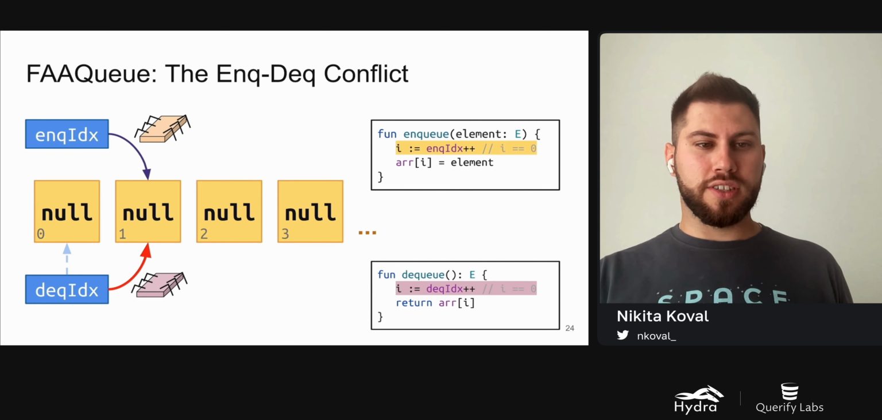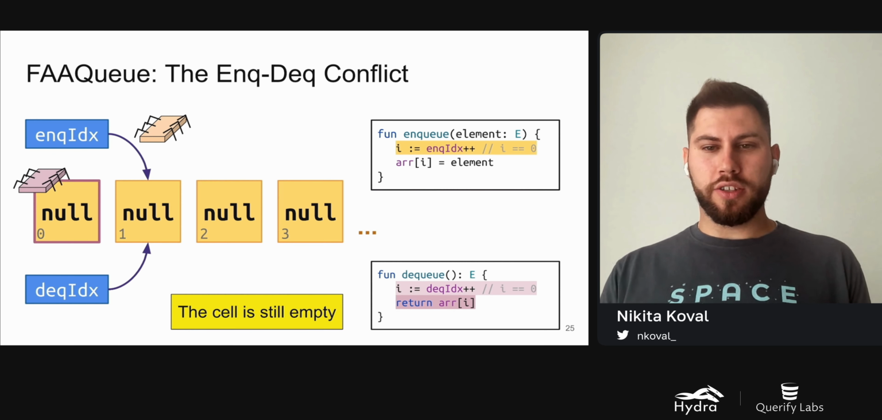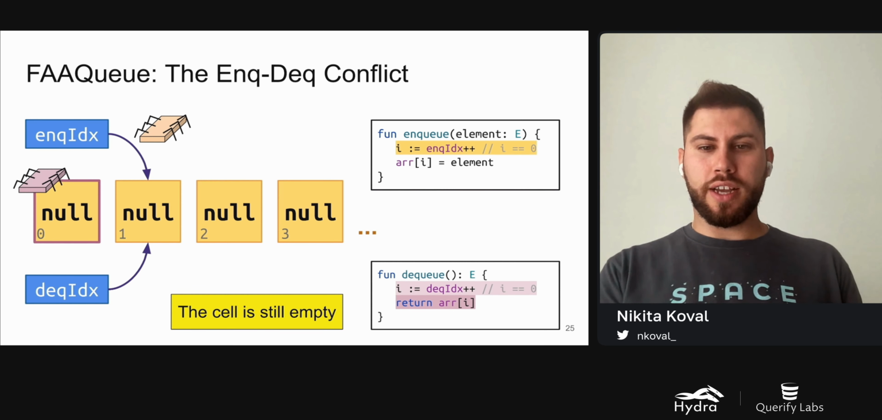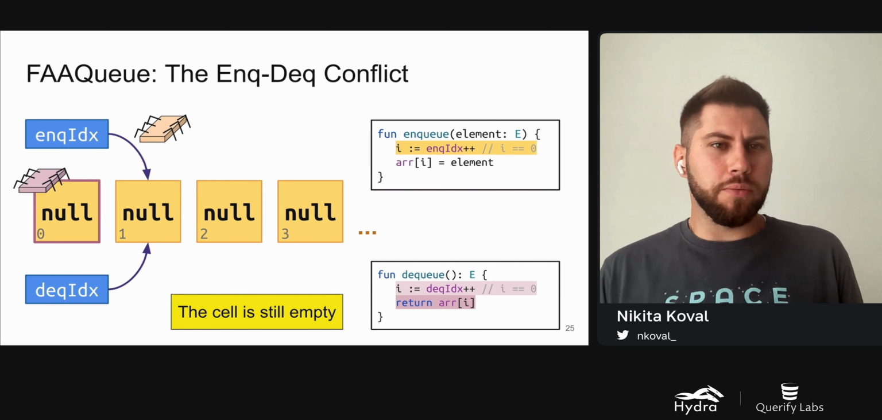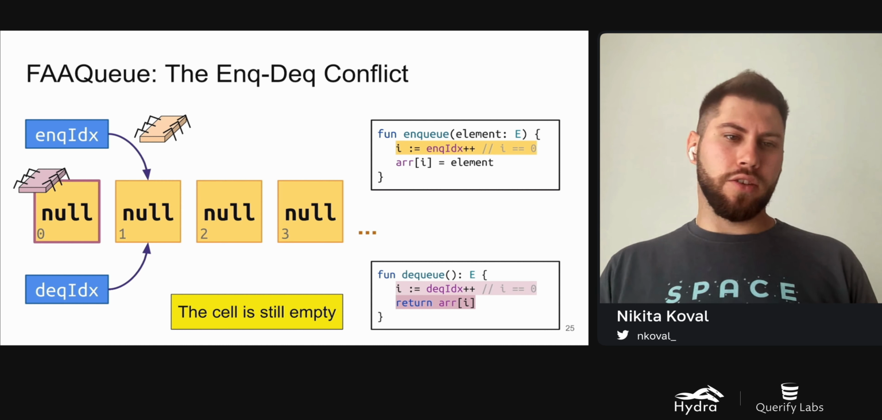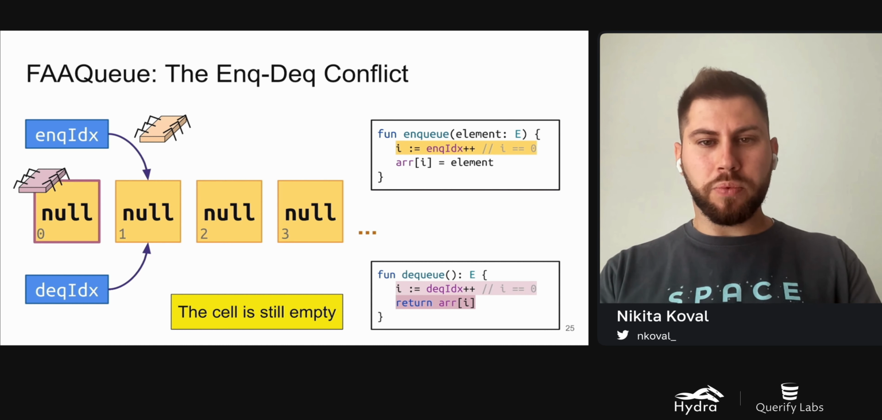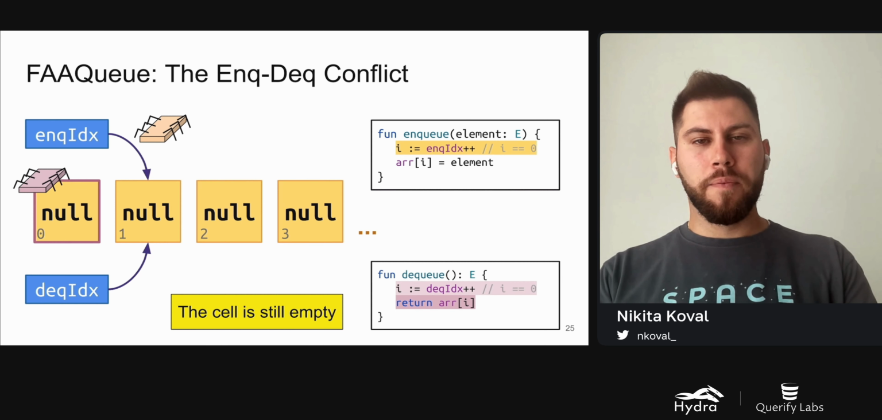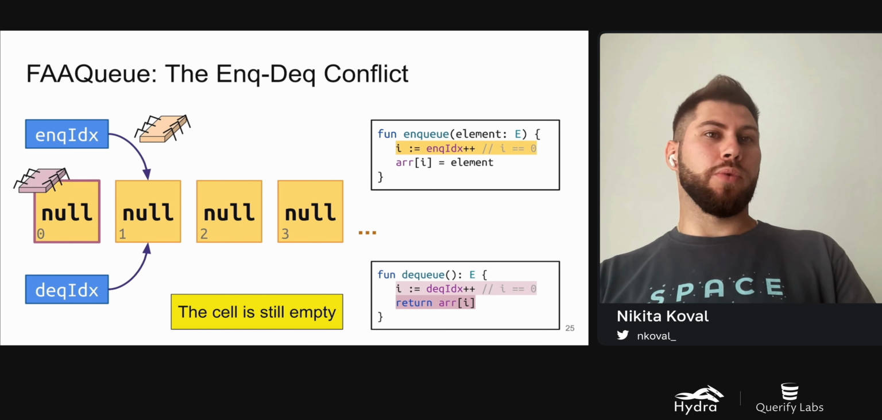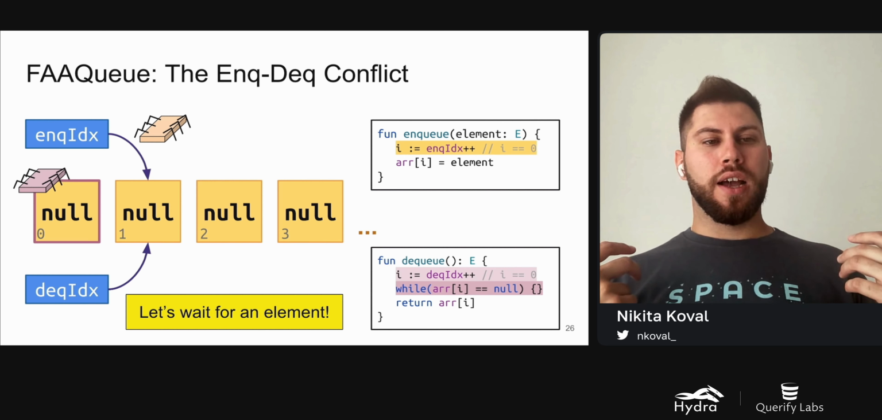And as this slot is empty, it can't proceed. So if it returns the value located in the cell, it will return null, but why null? It was never enqueued. And here is a problem. To solve this problem, we can add a very simple workaround. We can make our algorithm blocking. We can make dequeue wait until the slot